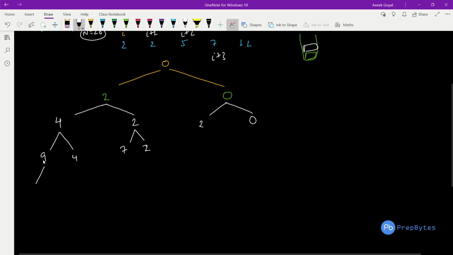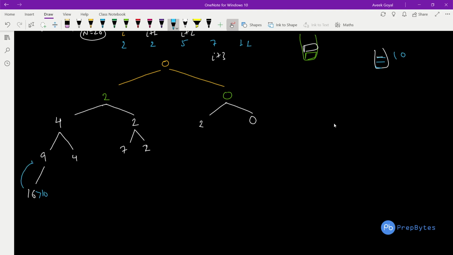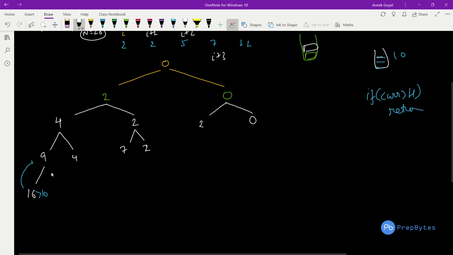So 9 plus 7 will become 16, but the 16 here is greater than the maximum height of our cylinder, that is nothing but 10. So if this value becomes greater than our maximum height, in that particular case we can simply return. So we got one base condition, that if my current height is greater than the maximum height that is possible, we can simply return. There is no need to do anything. Fine. And if we do not put it, it becomes 9.